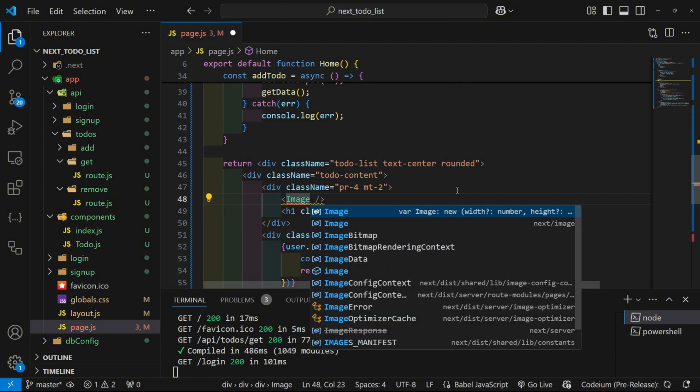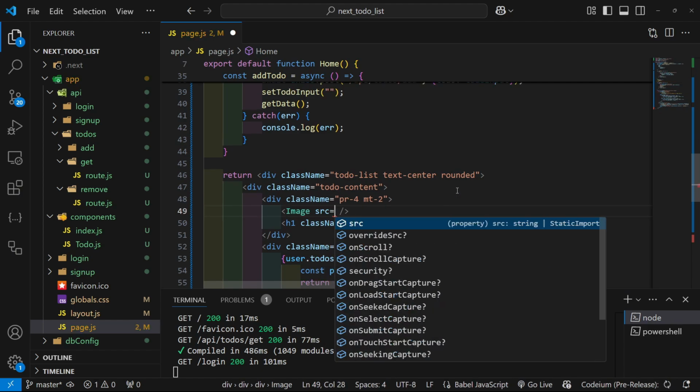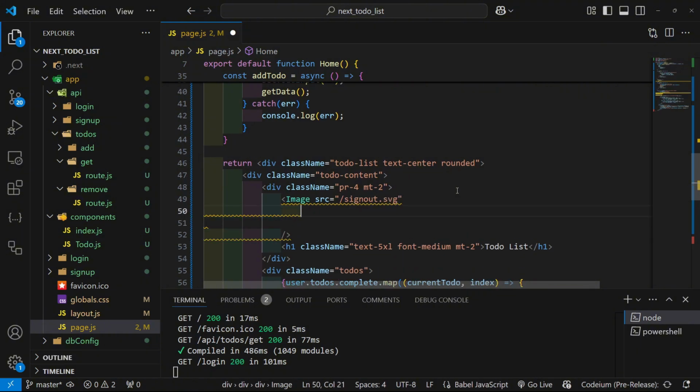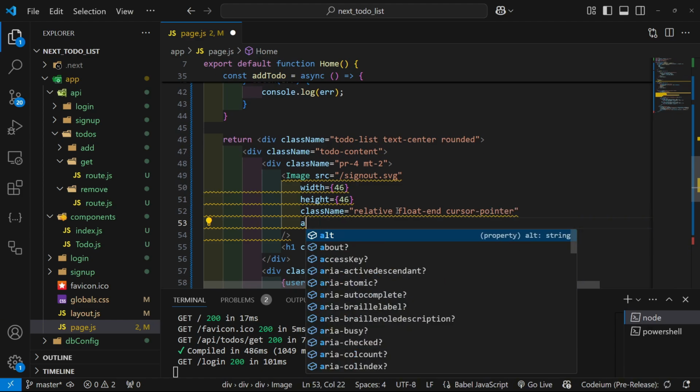So image, of course, we have to import it from Next.js. The source will be signout.svg, and then let's fix a few things. Width will be 46. Same goes for height. Then we're going to have a class name of relative, float, and cursor will be pointer. So whenever you hover it, you're still getting this because we have to set the alt